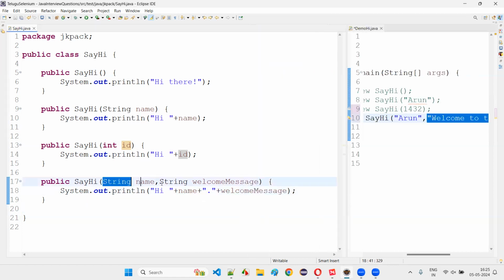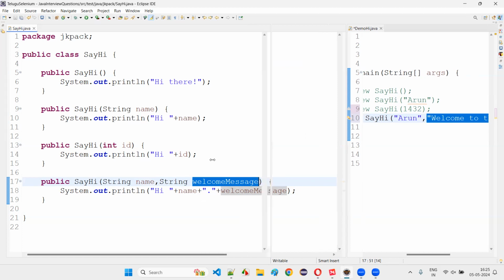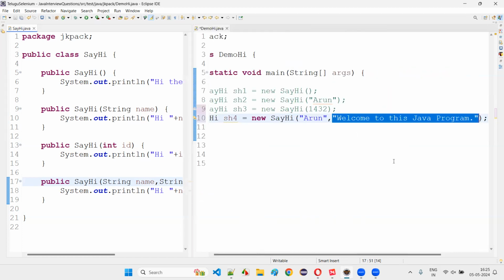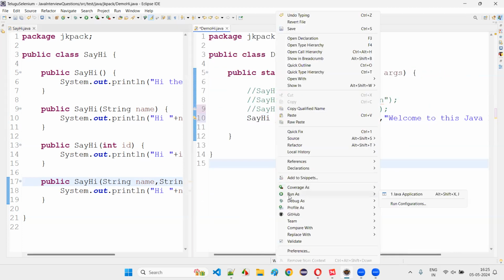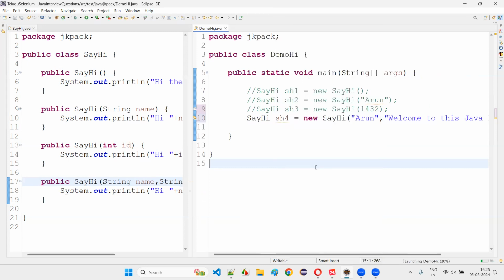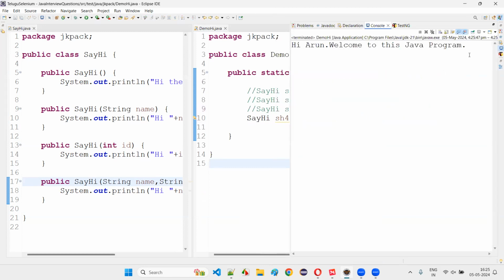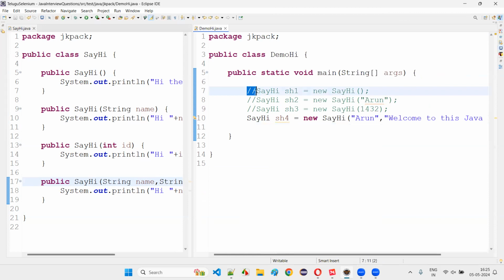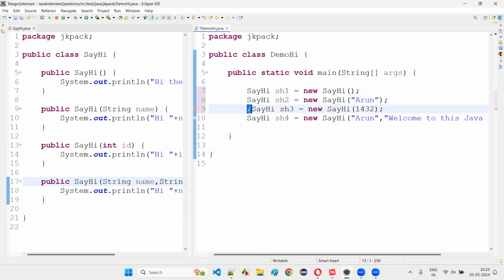You see, because there are two arguments here, into the first one the name will go, and into the second one the welcome message will go. Here the welcome message is: welcome to this Java program. Run this code and see that this time it will print Hi Arun, welcome to this Java program. So if I uncomment all this together and run them, every time I'm creating an object,